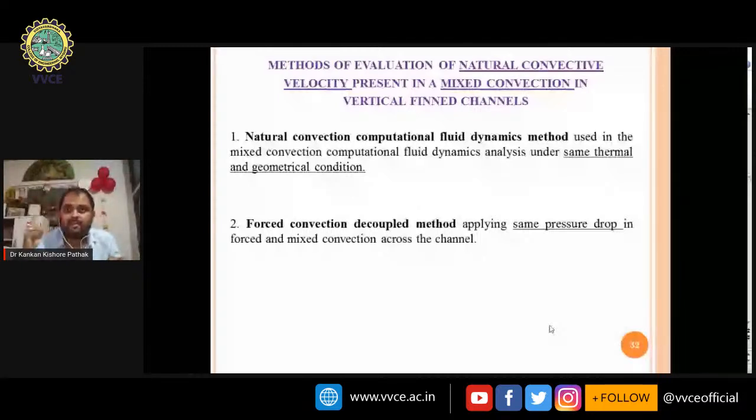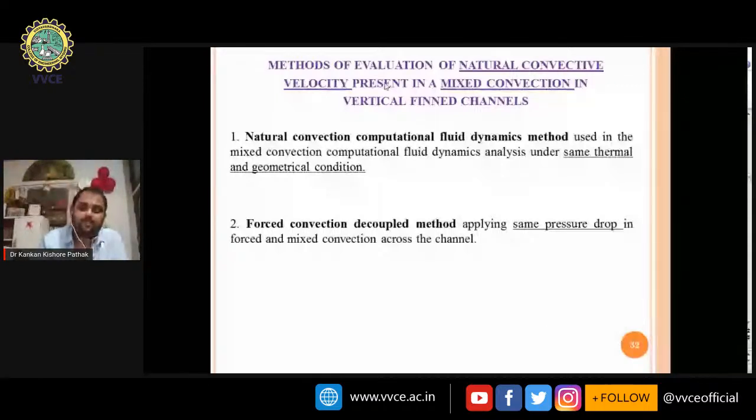When it is showing the 0 pressure drop, that means that velocity is our induced velocity. This is natural convection velocity. And again, in case of the mixed convection, we are just giving in the inlet the mixed convection velocity itself, and then by different methods, we can find out the force convection velocity. And that is what I want to tell: these methods of evaluation of natural convective velocity present in a mixed convection